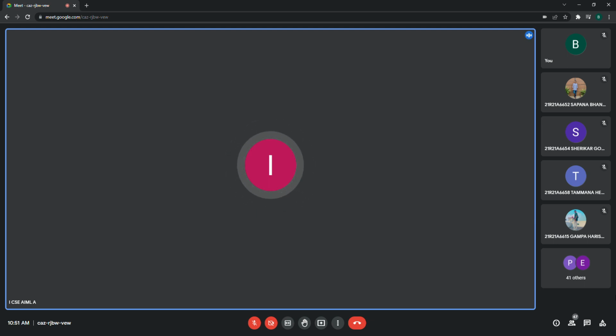Only set one we have taken, but in total two sets can be expected, not a single set. If one student got one set, the next immediate person who occupies the seat will get the second set. 1 2 1 2 1 2, like that the set pattern is going to be followed. According to that pattern only you are going to be seated, so no one will get the same set as the neighbour. So there won't be any chance of malpractice. So be careful about that.